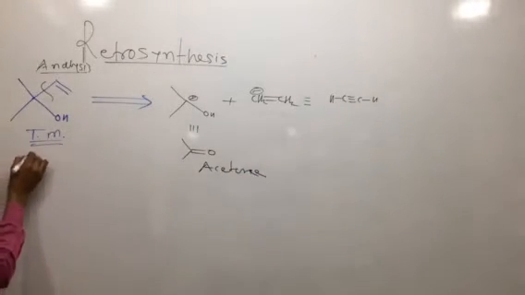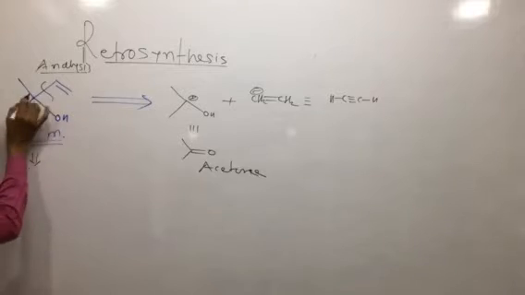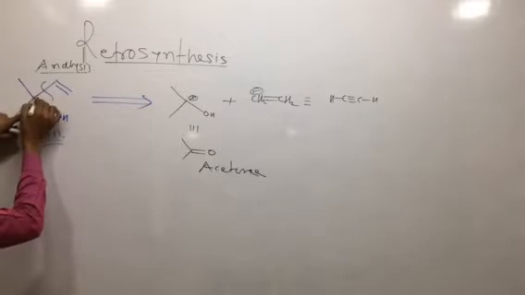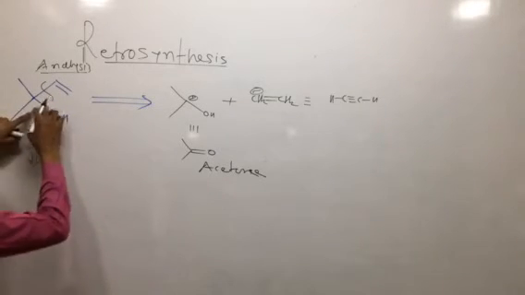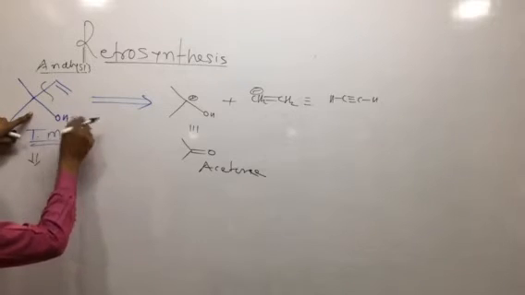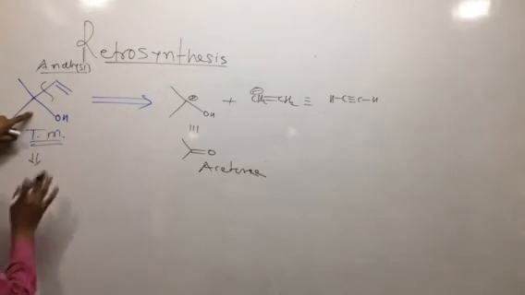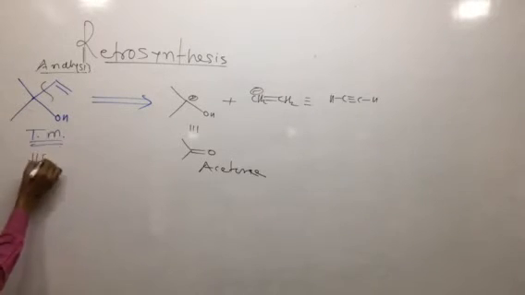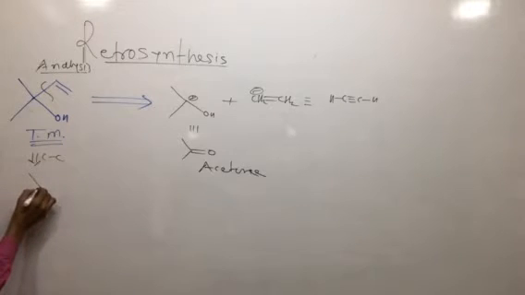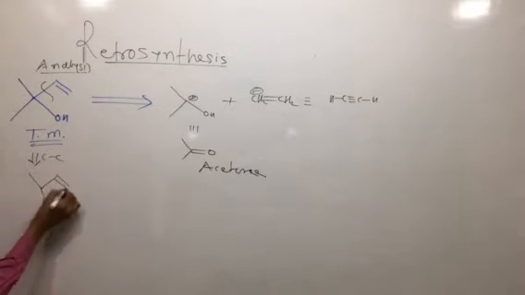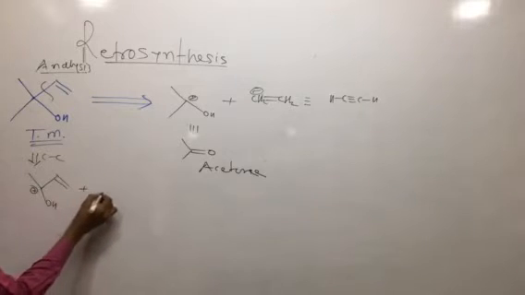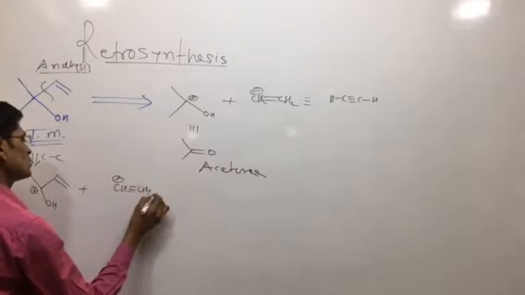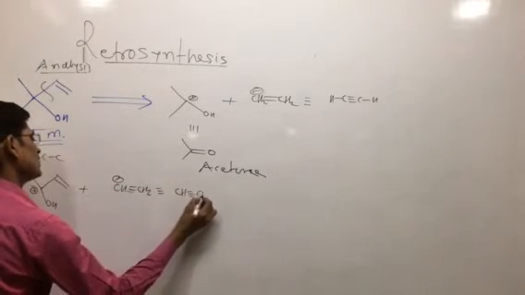If you want, this is a disconnection. Here, disconnection like this. We obtain another species, that is the CO disconnection. If the CO disconnection takes place, there is no route for a proper synthesis. If you want to break this CC bond, then what happens? There is a generation of this hydroxy group, and this alkene is here. This one is the positive charge, and here CH negative charge, this is CH double bond CH2, and the synthetic equivalent is that CH.